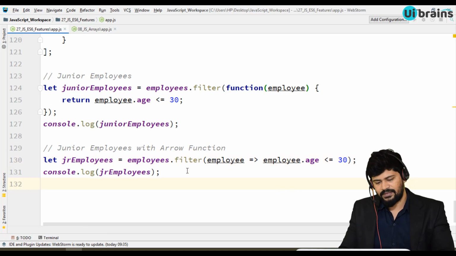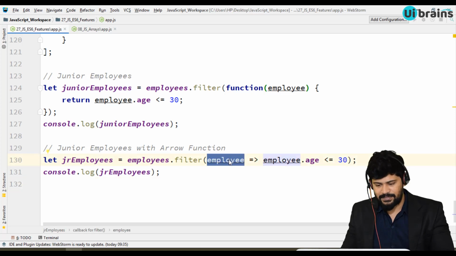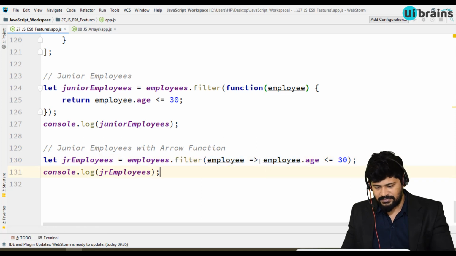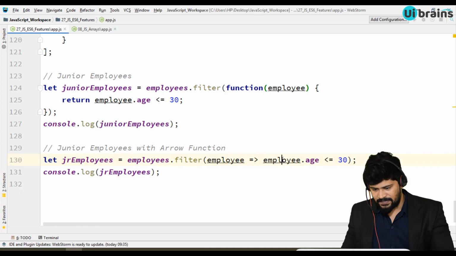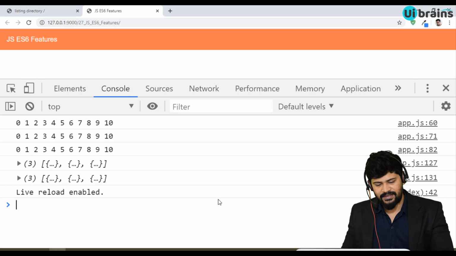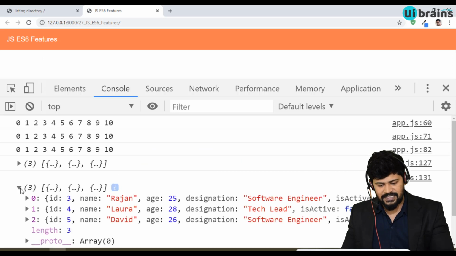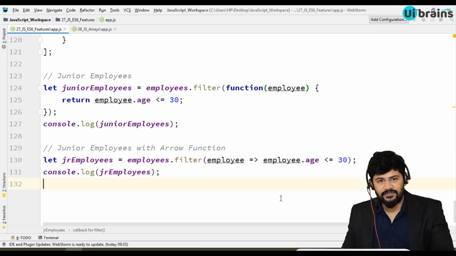Yeah, see, this whole thing is a function. So what it does, it takes an employee as a parameter, it returns, there is no return statement. Okay, because if you write a single line, no need of return statements. So employee dot age, and this is a condition. So this whole thing is an arrow function, so you get the same result. So this I can say is the simplified version of your normal function. So this is the place where we use arrow function.